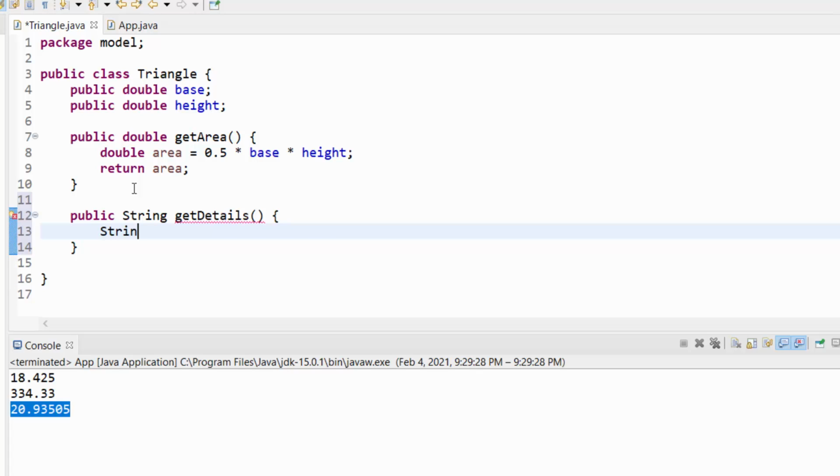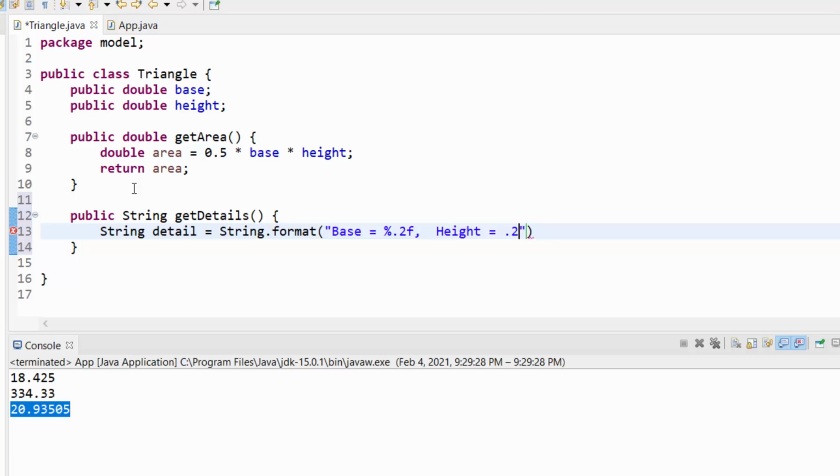Let's create a string, call it details, and use the string format. Let's say base is equal to %.2f and comma height is equal to